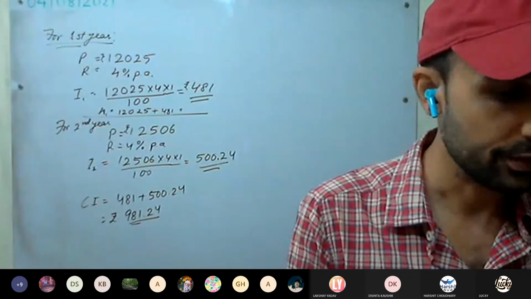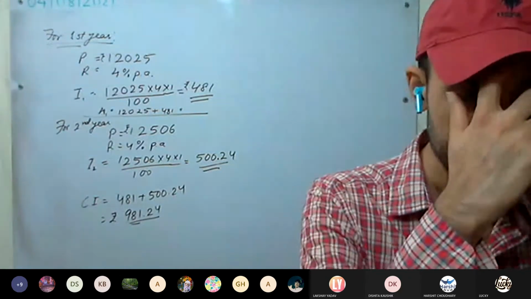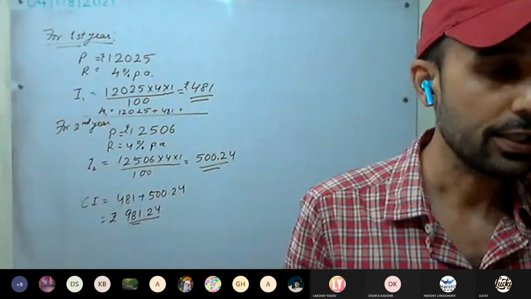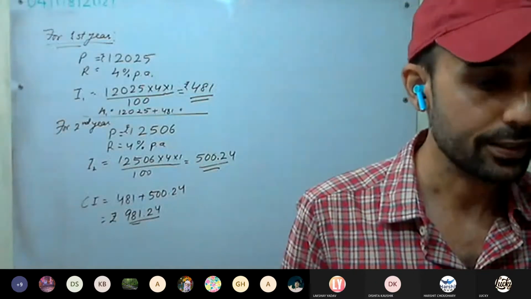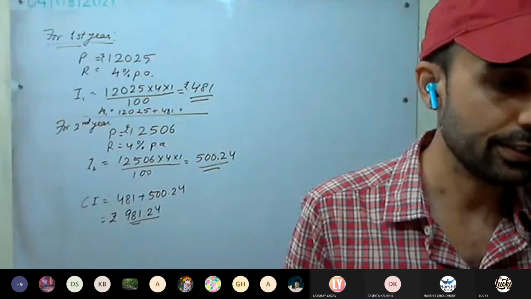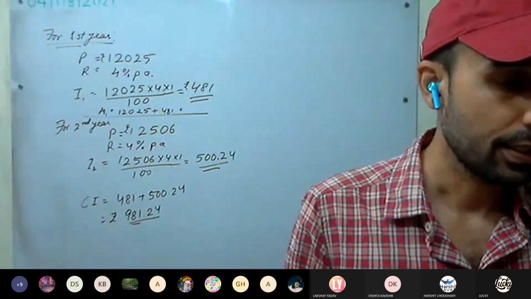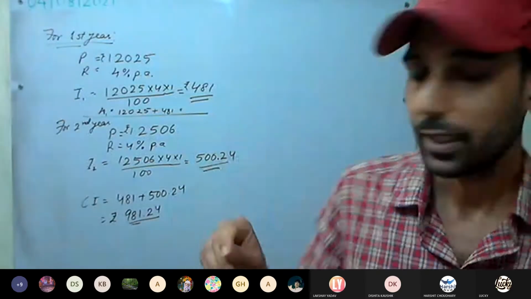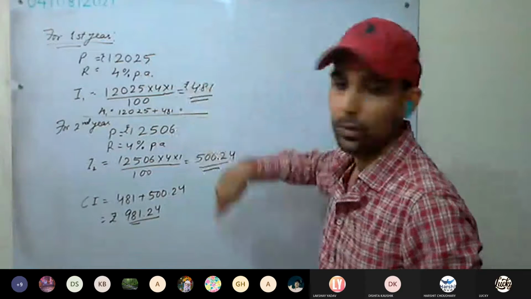Fifth one you try. Fifth one we won't be able to complete as well. Okay, we are having one more period. Okay, try the fifth one. Calculate the amount and the compound interest when rupees 16,000 is invested for 3 years, this time at the rate of 5% per annum compounded annually. That is, each year it is compounded.